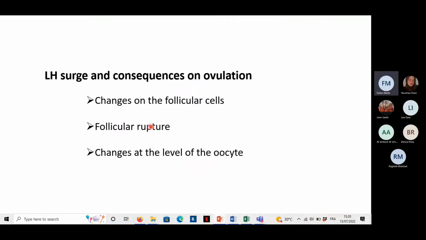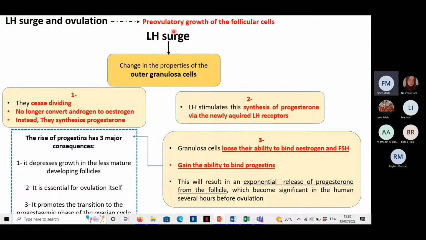So we will start by talking about the changes on the follicular cells due to this LH surge, and the effects of this LH surge on the follicular rupture and the ovulation. And at the end, we will talk about the effects of the LH surge at the level of the oocyte. Now, due to this LH surge, we will have a change in the properties of the outer